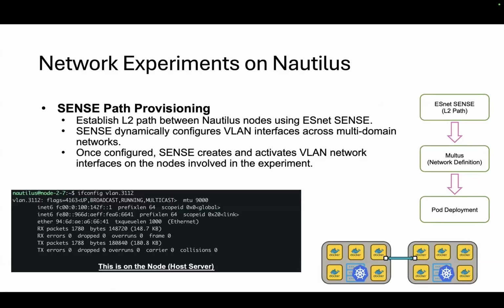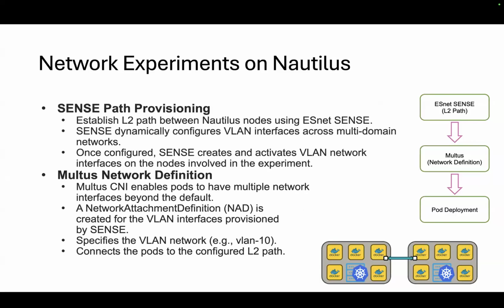As a user, I just have to provision it to be plumbed through from the node to the pod. And that's where Multus comes in. Multus is a container network interface plugin. It allows us to provision these interfaces from the host node onto pods and also VMs if you're using KubeVirt VMs. And it does so through what is called a network attachment definition,